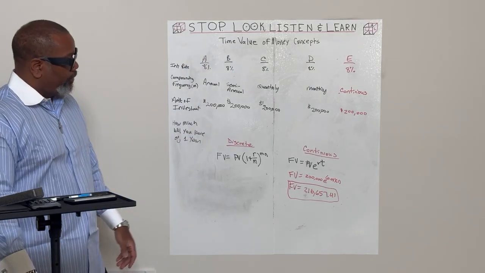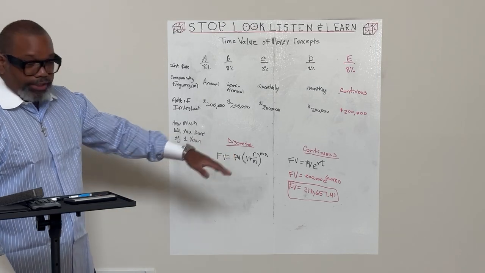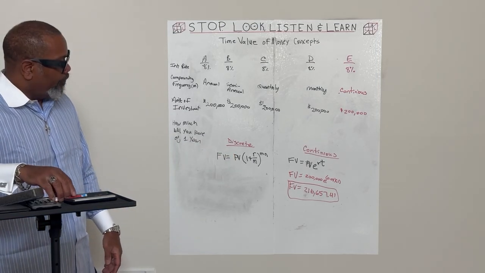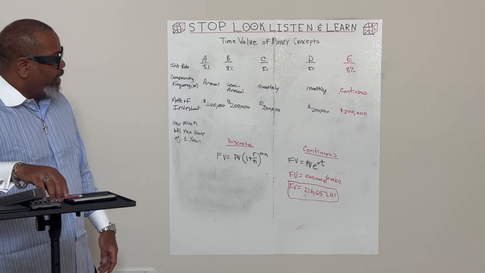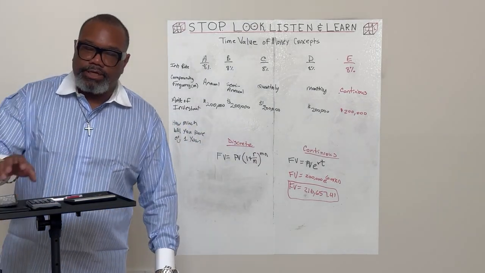I mean, it's a no-brainer, right? Because you're going to get the most amount of interest if you go with bank E. Now, that's pretty straightforward. Now the question becomes, let's say